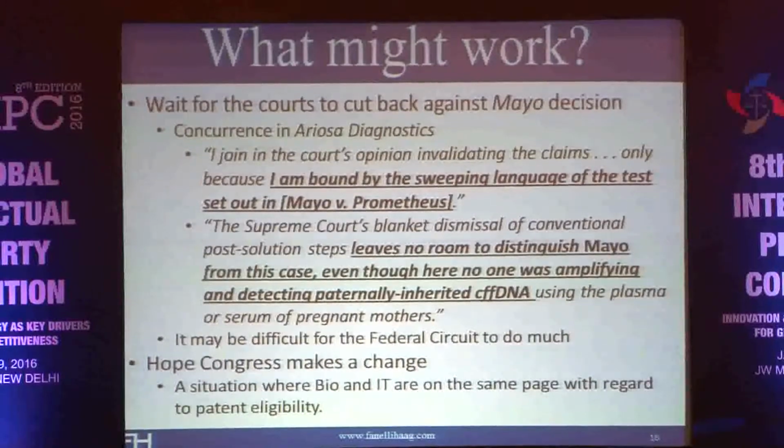And then the last is certainly wait until Congress does something. I think, again, Bob Saul mentioned this yesterday, if the Supreme Court denies this or doesn't take it, which hopefully they will take the Sequenom case, there's going to be a big uproar. And the other thing that's unique here is in this idea of eligible subject matter, bio and IT, I think, finally are on the same side for once. In the past, they have been at odds on different things with regard to reform. But with Alice and with Prometheus and Sequenom, they're finally kind of together, and hopefully that would be enough to force some action.